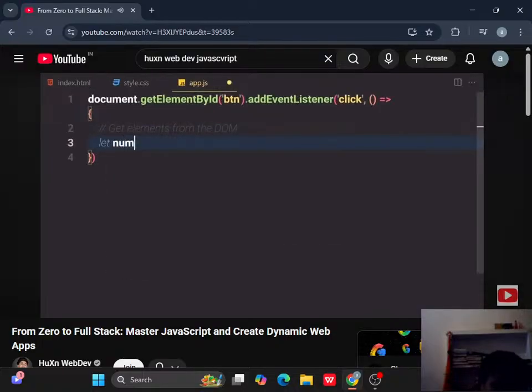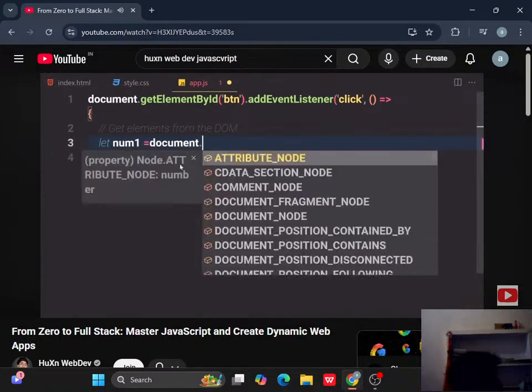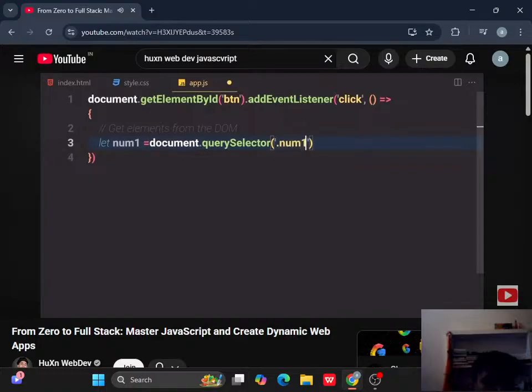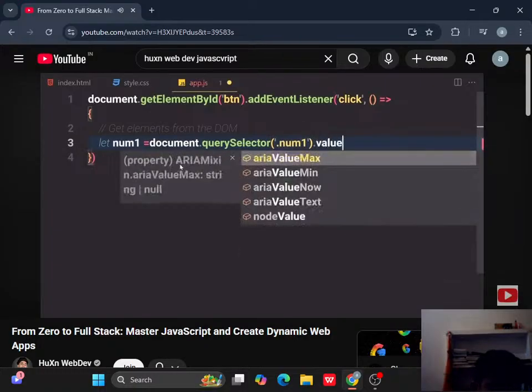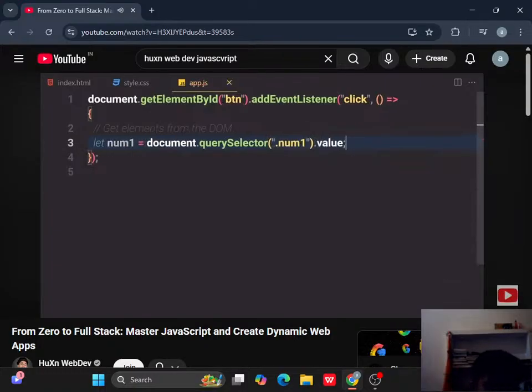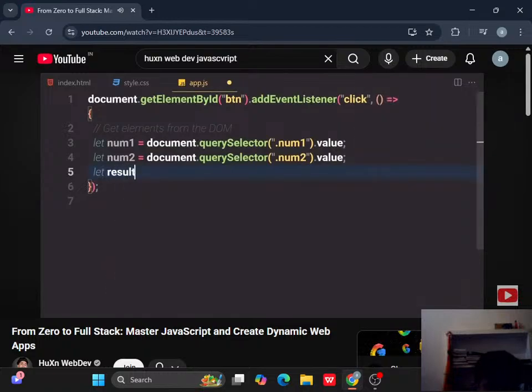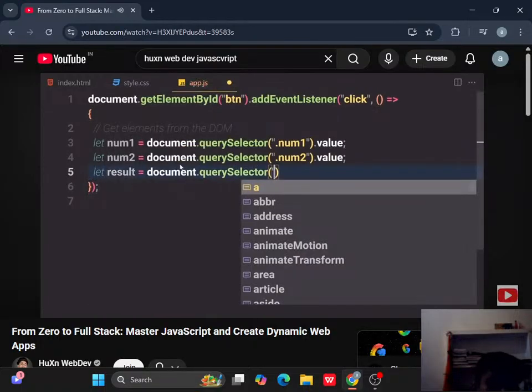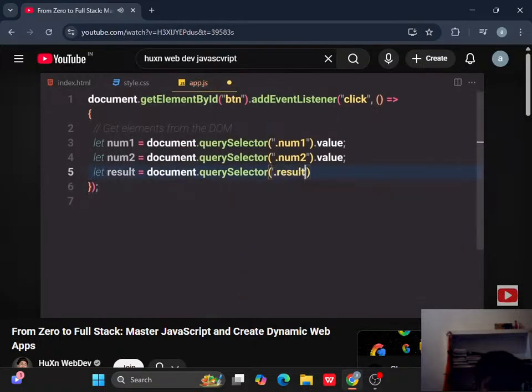So let num1 will now be equal to document.querySelector of .num1, and we want to get the value straight away. And now let's duplicate that and change this one to num2, and this one will also be num2. Then we have results, or result to be precise, and then we have document.querySelector of result, like so. Then we have operator,